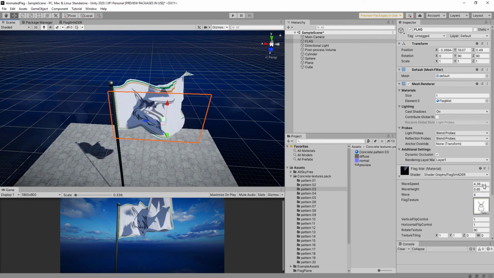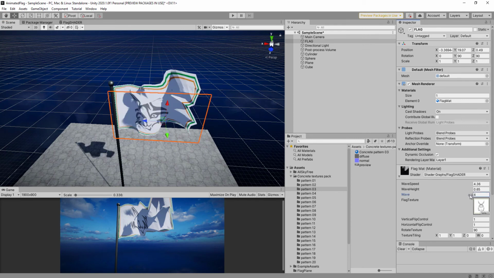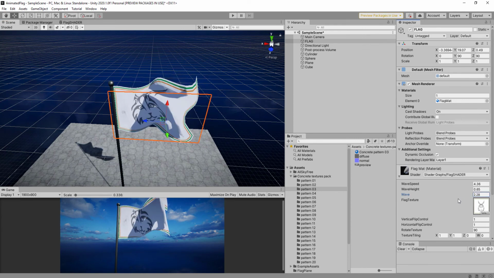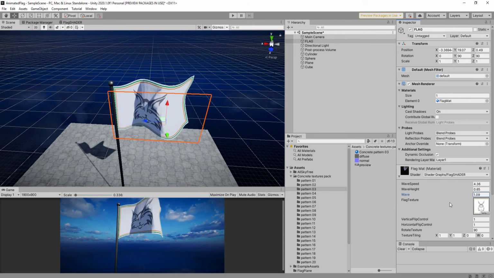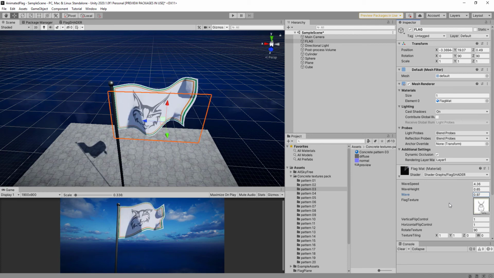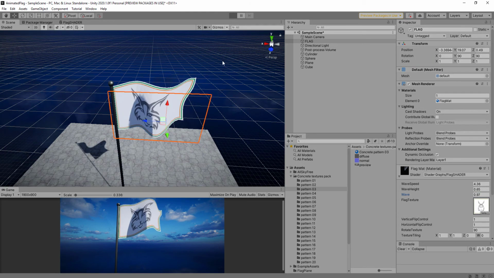It's too much, as you see, we can reduce, yeah, just a bit, yes, we can control,